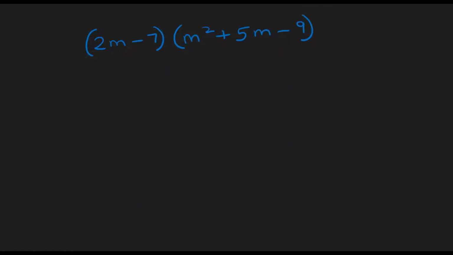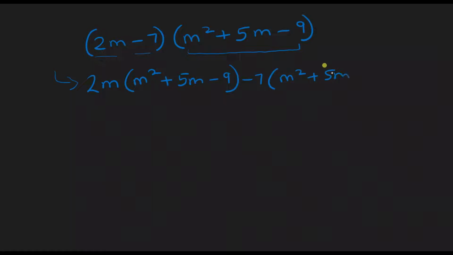Let's take a look at question number 2. So we can actually rewrite this in this particular format to make it a bit simpler. So what we can do is bring the 2m and the minus 7 outside of the bracket and then multiply it with the second expression over here. This will give us 2m bracket m squared plus 5m minus 9 bracket closed minus 7 bracket m squared plus